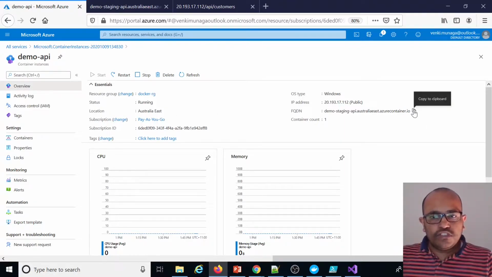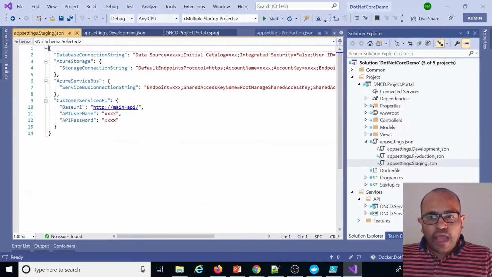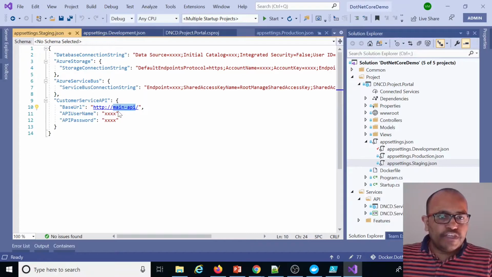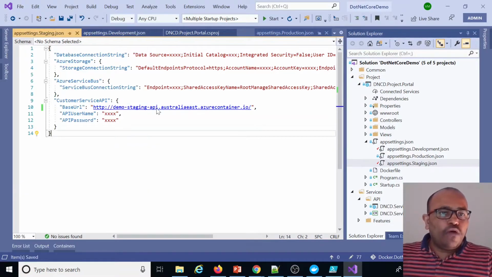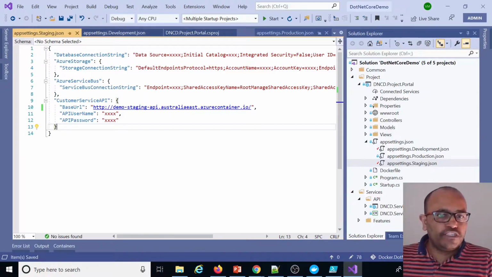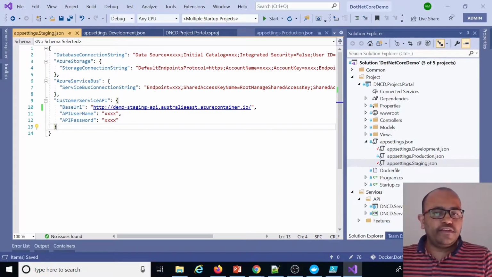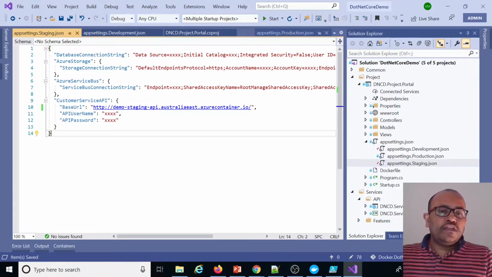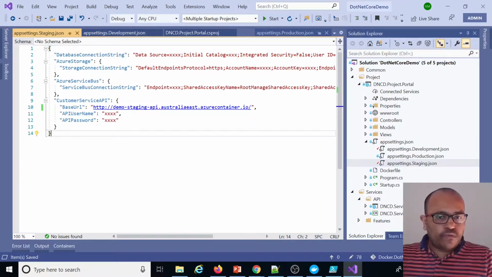So I'm copying this, going back to the staging environment and giving it here. After changing it, I need to create one more image and push it, otherwise the communication between the MVC and web API doesn't happen, because we are building a staging environment.